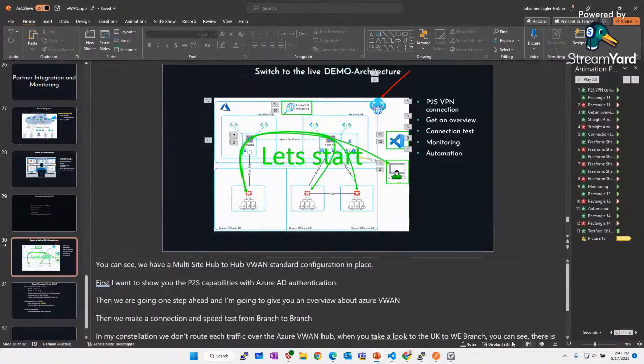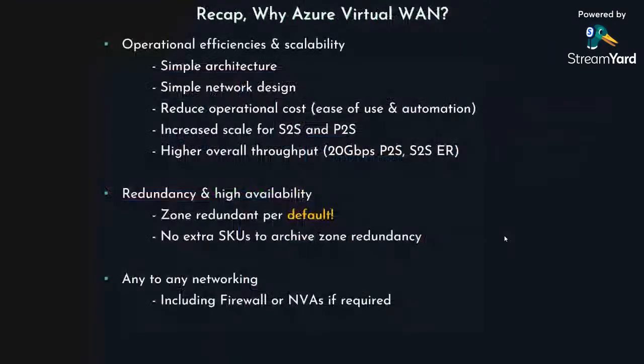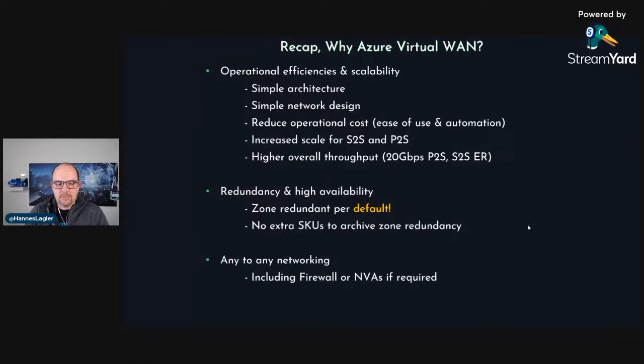Okay, so from the time perspective, I'm really good. Let's go ahead and make a recap. Why Azure Virtual WAN? What is Virtual WAN and why Azure Virtual WAN? From the operational perspective, it's really efficient. So you have a much simpler architecture because you have a single pane of glass, you have centralization, and you have the ability to scale up and scale down. It's fully managed by Microsoft. So the backend, the node switch, everything is managed by Microsoft. It's redundancy without operational effort, it reduces the operational cost.